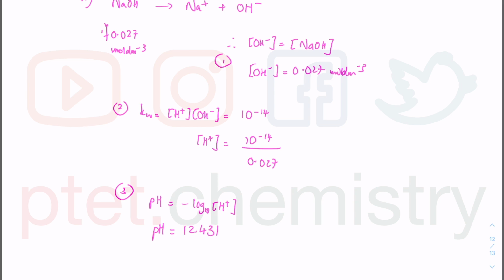They did not instruct us how many significant figures we should leave our final answer to, but looking at the data given in the question, the only numerical data given in the question is these. These are not counted as significant figures. This is 1 and 2 significant figures. As stated in topic 1 of your syllabus, in AS chemistry, they said that candidates should be able to appreciate what is an appropriate number of significant figures. As you do calculations, it really depends on the data that you are given. So this pH will be rounded down in this case to 12, and I just write down 2 significant